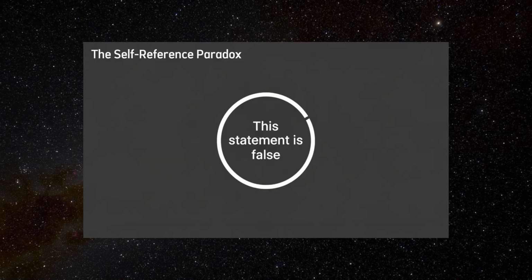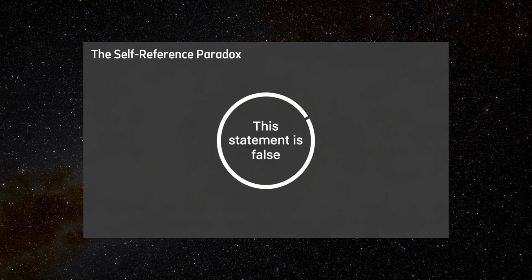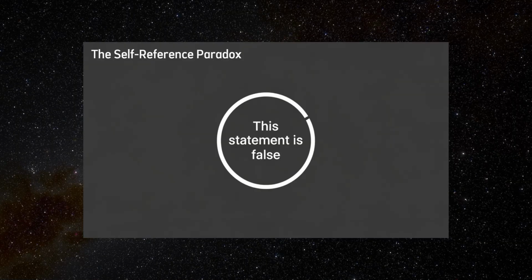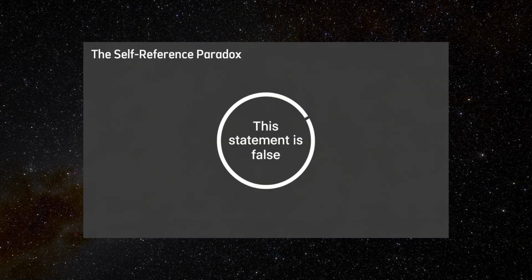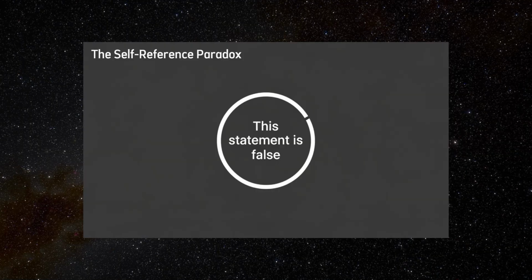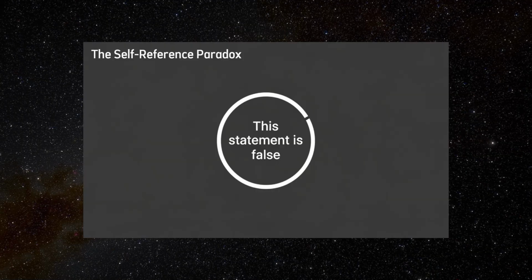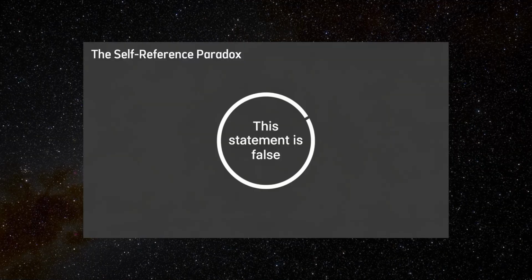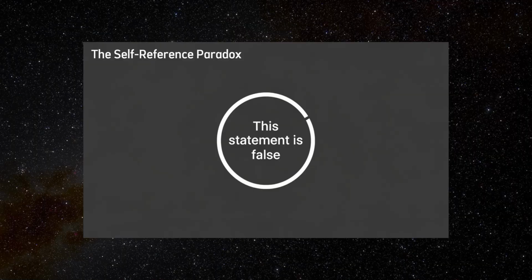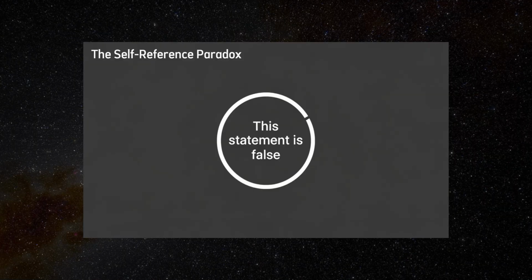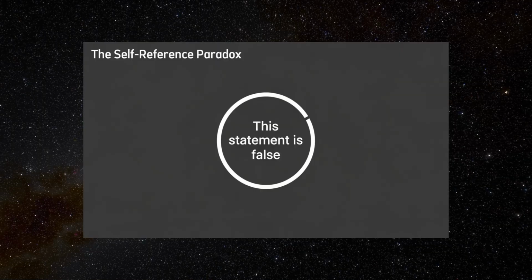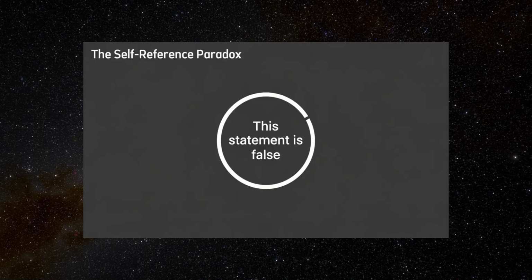His approach involved constructing a statement that essentially says, "This statement is not provable in this system," a kind of self-reference that was mathematically rigorous and deeply consequential. In essence, the self-reference paradox exposes a vulnerability in systems that rely on rigid hierarchies of meaning and truth. When a system tries to include a rule that talks about all rules, including itself, it can collapse into contradiction.